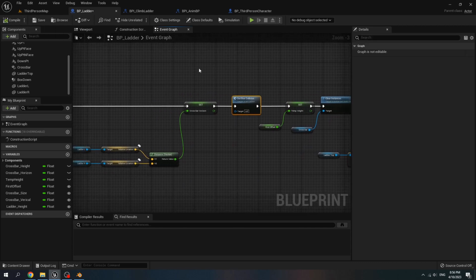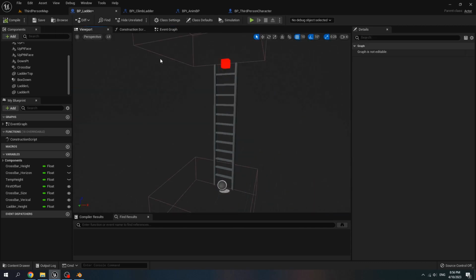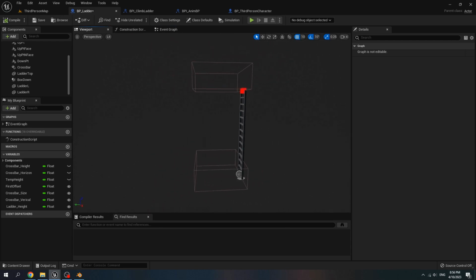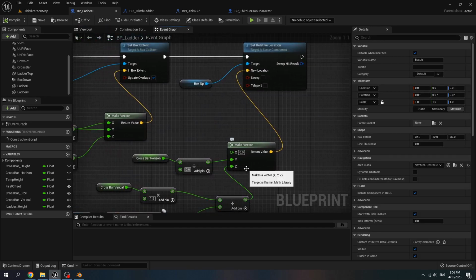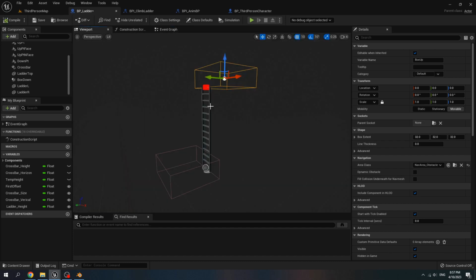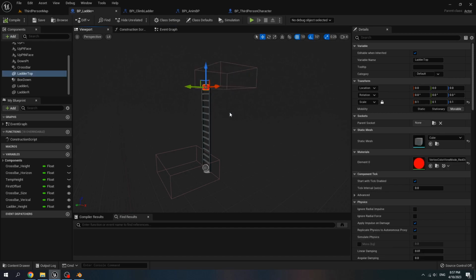Compile, go to viewport, and we can see our box collision, but the up box is wrong location. We divide the crossbar horizon to minus 0.6 and go to our viewport, and it's moved to the correct location.